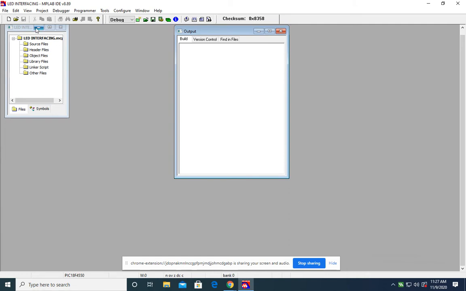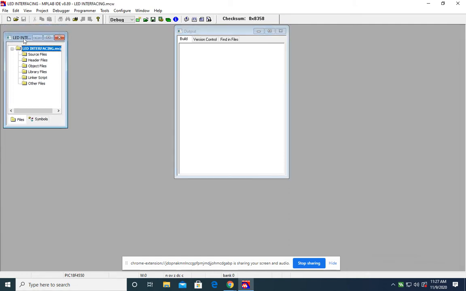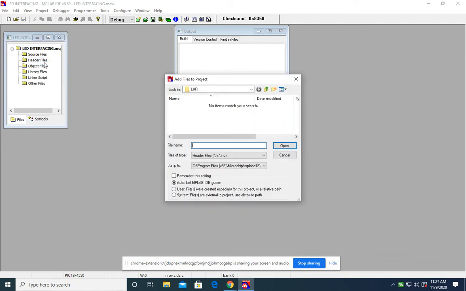Here you first have to add several files, such as the header file, library file, and linker file. Select the header files, right click on it, and go for add files.